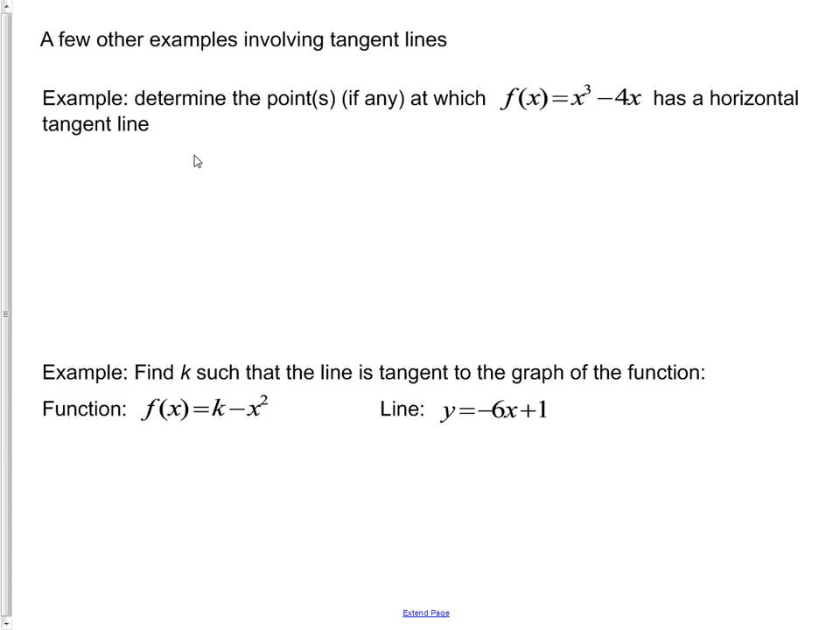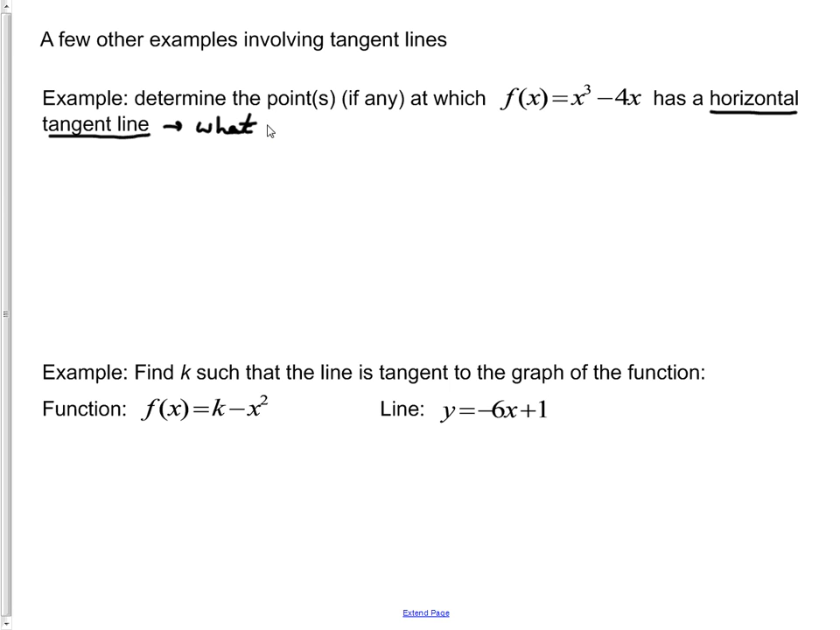Okay, so let's try a couple other problems here that involve tangent lines. The first one goes like this. We want to determine the point, or points, if any, at which the function f of x equals x cubed minus 4x has a horizontal tangent line. But when we say has a horizontal tangent line, what we're really asking here is at what point x,